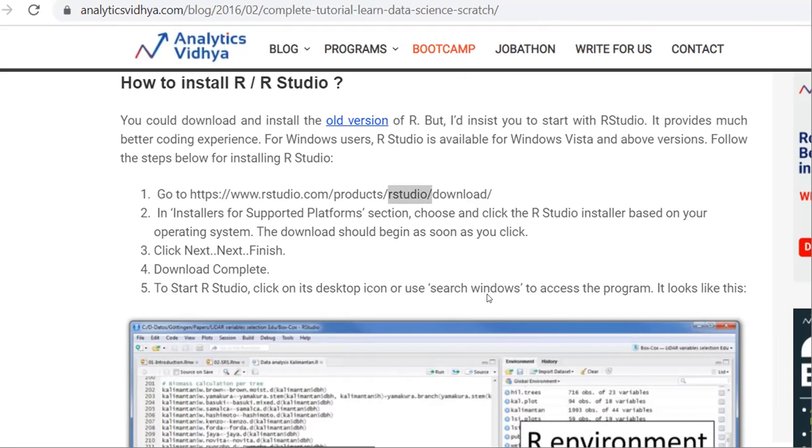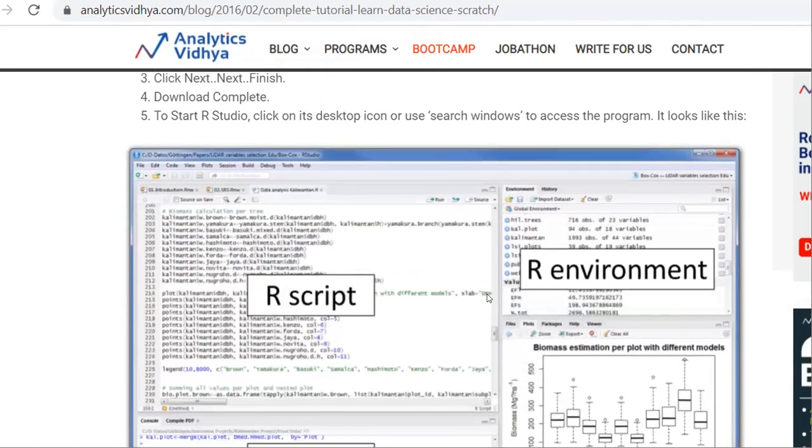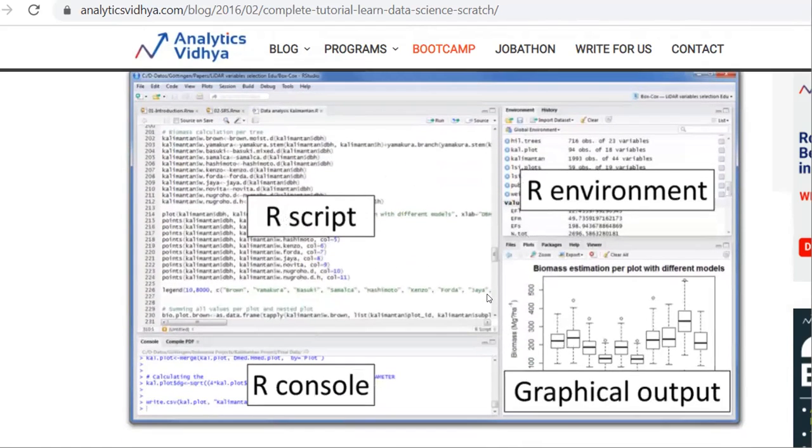On opening, the window will look something like this. An editor window is where you will write the program. Then a console window gives the text output. We have one part for graphical output.